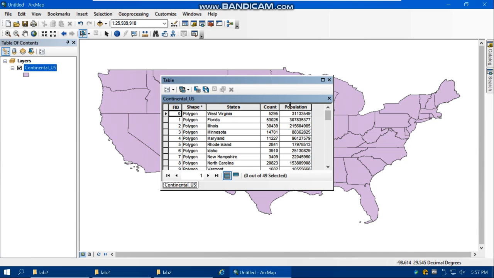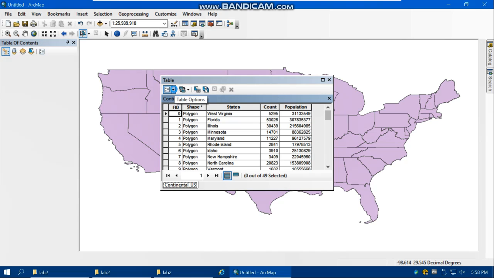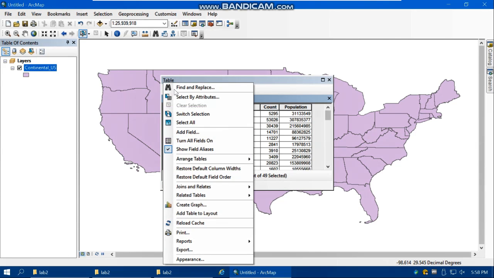In the first step, we need to add a new field, add an empty field, and then populate this empty field with prevalence rate. How can we add an empty field? If you click on table options and then select add field,